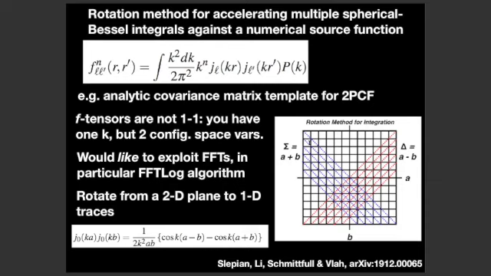So my idea was just, let's rotate from a 2D plane of R and R prime, or A and B in this picture, to the 1D diagonals, which are shown in blue and red here, that give you the difference and the sum of these frequencies, A and B, in this decomposition. Sorry, I replaced R and R prime with A and B.